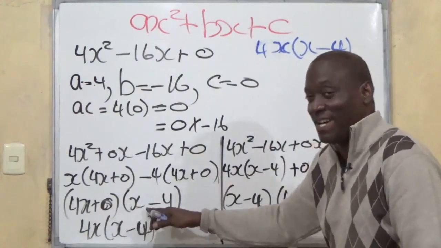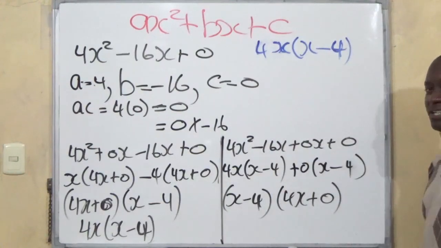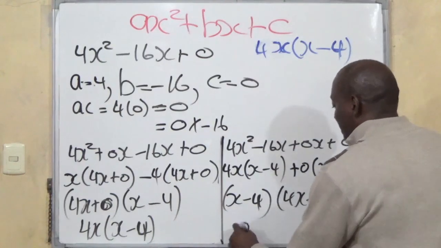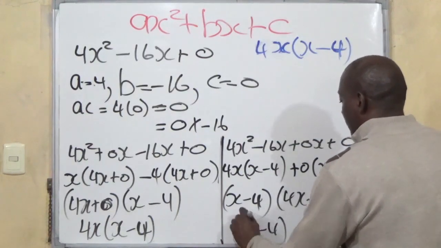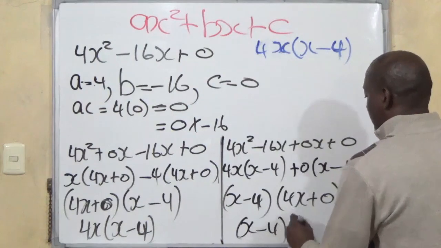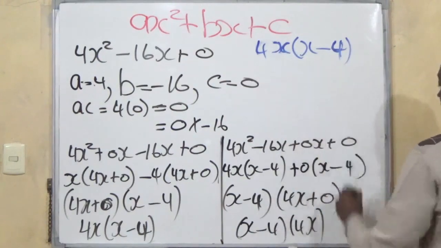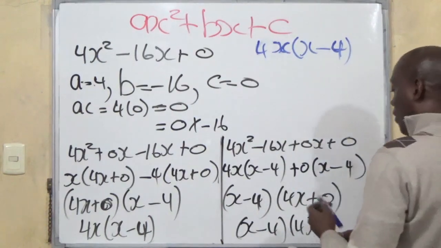4x plus 0 by x minus 4. X minus 4 into 4x plus 0, right? Which would then give you x minus 4 into 4x, which is the same thing we have here, right? All of this